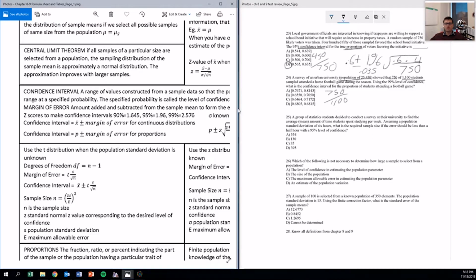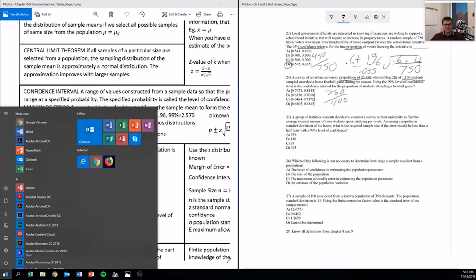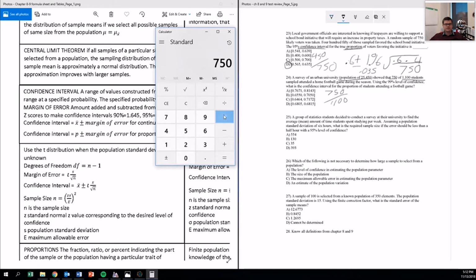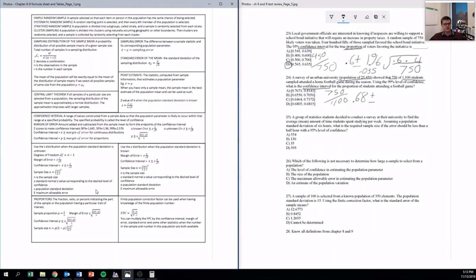$750 divided by 1100 equals 0.68. Okay, and then we've got plus or minus, because we want a confidence interval, so we're going to use the confidence interval for proportions. So let's see here. Confidence interval for proportions. So 0.68 plus or minus, and then the z-score for 99 is 2.576